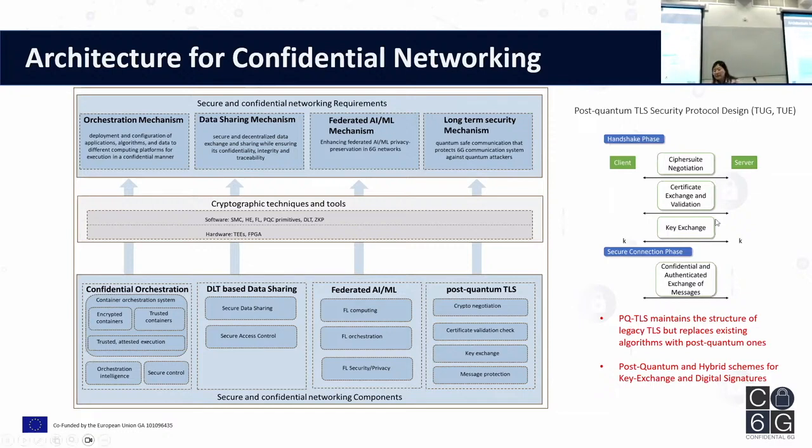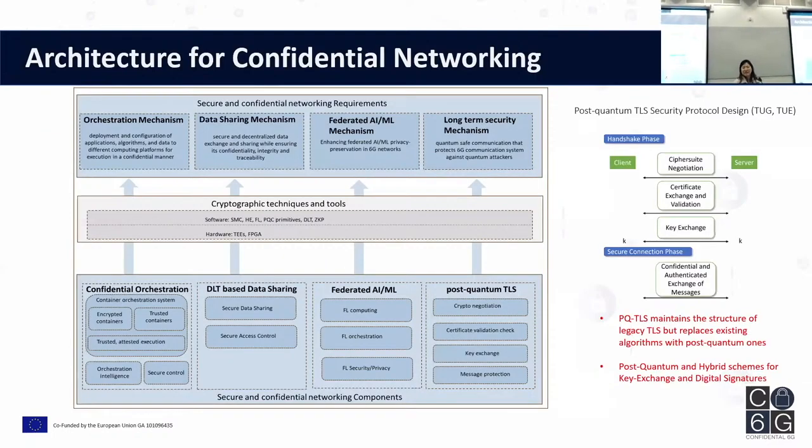I already mentioned hybrid schemes for the future, because the existing post-quantum solutions may be questionable, and when a quantum-safe solution is not available, we can still go back to the legacy algorithms.